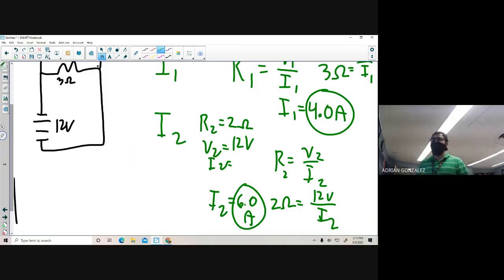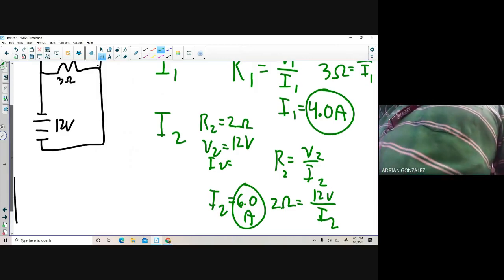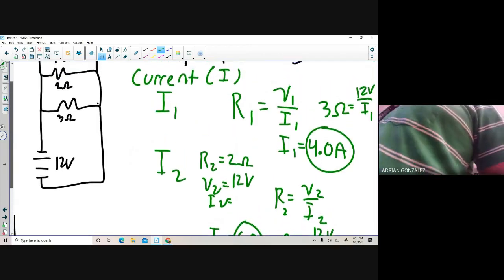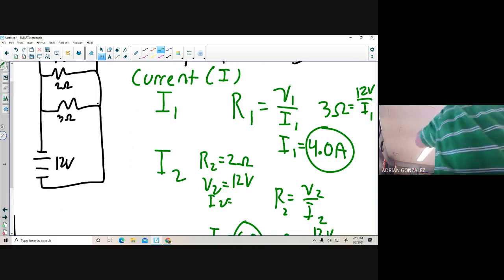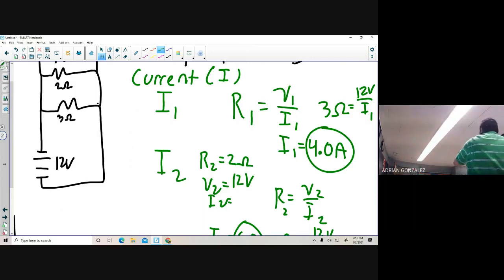Now, when I add on this second resistor, how much current does that guy pull out of the battery? 6, that's what we just calculated. But he's pulling 6. Does the first resistor give a rat's you-know-what about what he's doing? How much is the first resistor still pulling? Still 4, right? So the two of them, one's pulling 6, one's pulling 4, which means what is the total